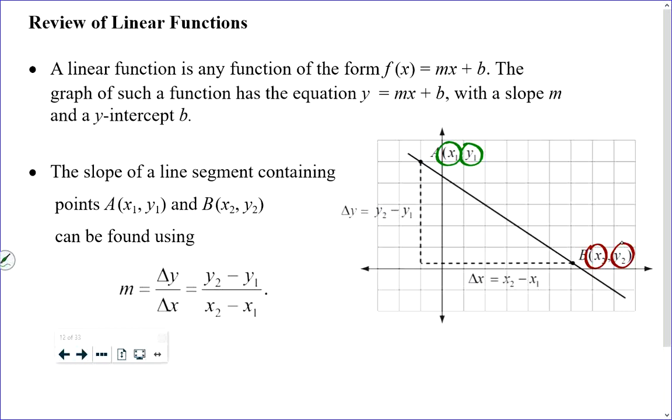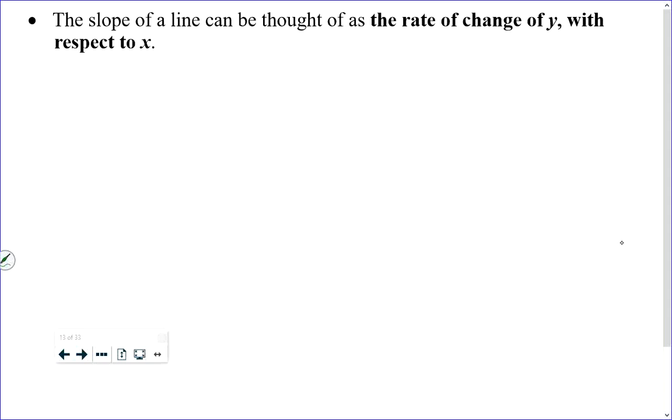And in this course, very rarely do we actually put labels like y1, y2, x1, x2 on things. The slope of a line should be thought of as the rate of change of y with respect to x. What that means is it's meaningful. And in order for me to explain this to you, I have to use specific examples that are practical. So for example, if I had a graph in which the variable on the vertical axis was dollars and this was minutes,